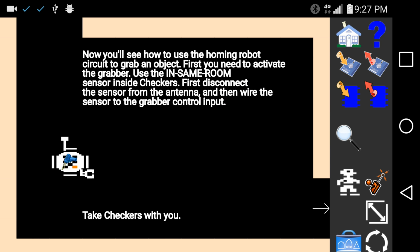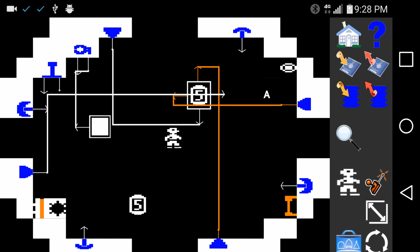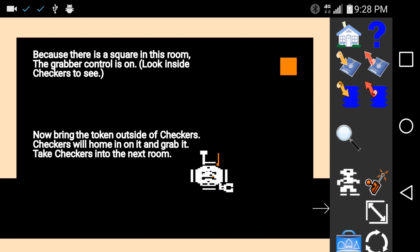So if it detects the square in the same room, it will enable the grabber. Because this is a square in this room, the grabber control is on. See, we go in here, activate the remote, and yes, you can see here that the grabber control has been activated. Now bring this token outside of